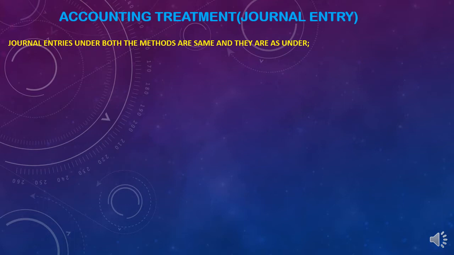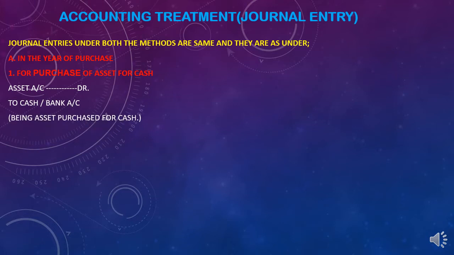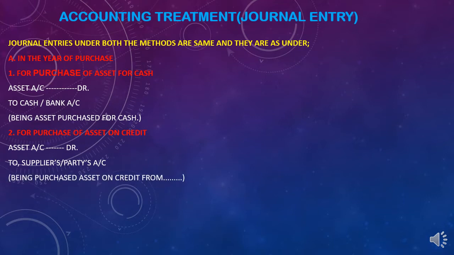So here let's have a look. When the asset is purchased in the year, what will be the journal entry? For the purchase of any asset for cash, the entry will be asset account debit to cash and bank account. Narration, as you know, being asset purchased for cash. Again, the next entry will be if the asset is bought on a credit basis. At that time the entry will be asset account debit to suppliers or party's account. The third entry can be